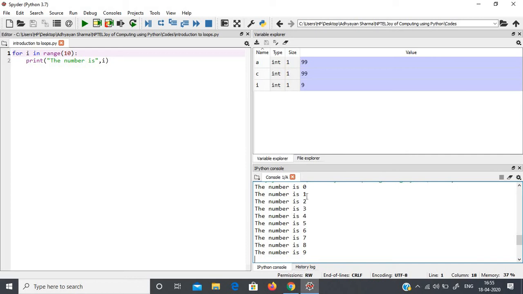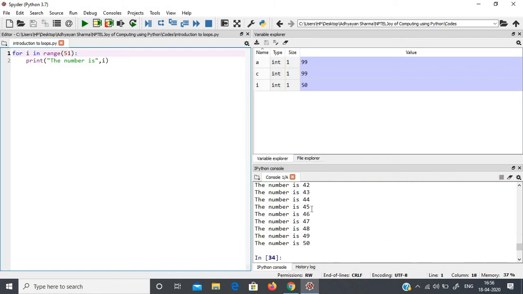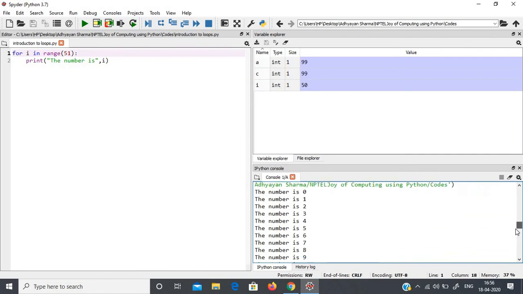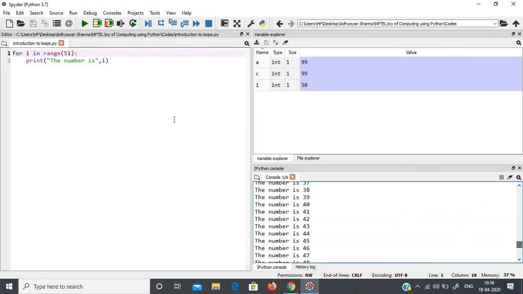Suppose I write 50 times, it will display till 49, so I will write 51. It's displaying 0 also. You can see the number is 1, the number is 2, number is 3, number is 4. You can display a table here also, but to display any table you have to write 11 because it's displaying zero.